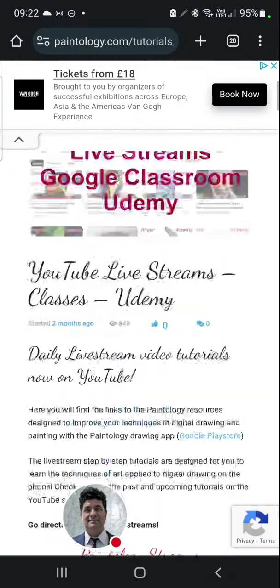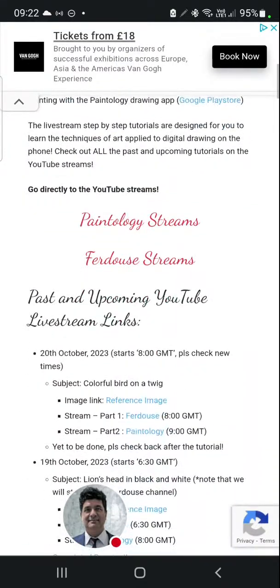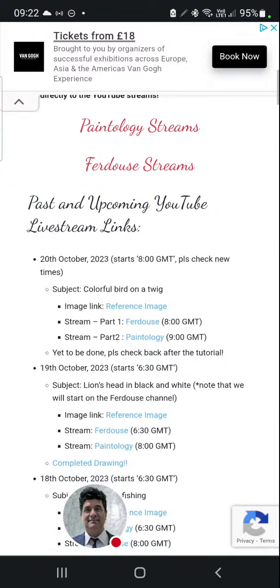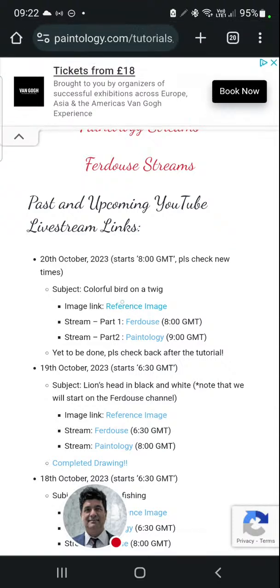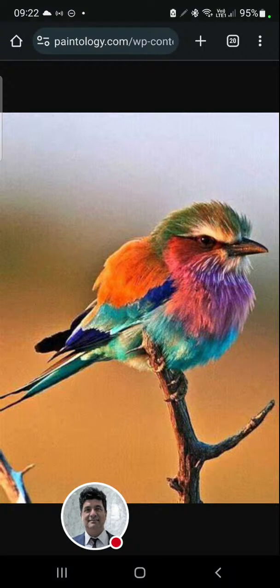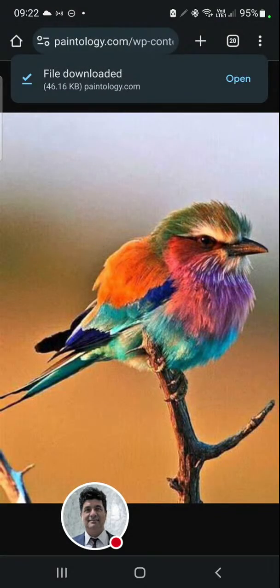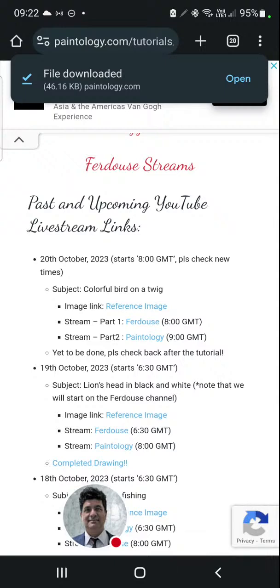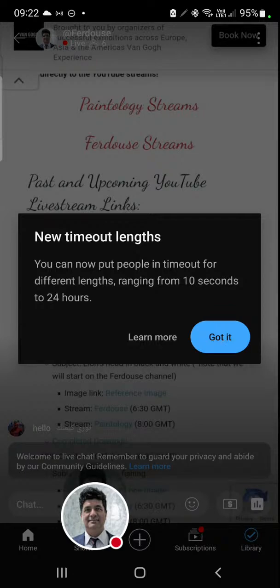So for this drawing session, I always put up something ahead, and I told you 20th October, which is today, we're going to do a colorful bird on a twig at 8 a.m. GMT, which was just 20 minutes ago, and there's a reference image here. So I'm going to download this image. I typically work in portrait mode, and then you go to the first part, produce, click on that, and you can see